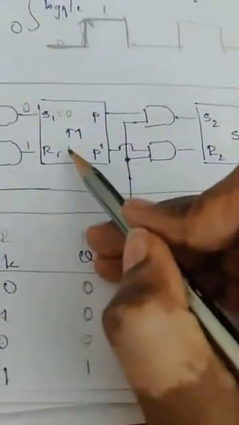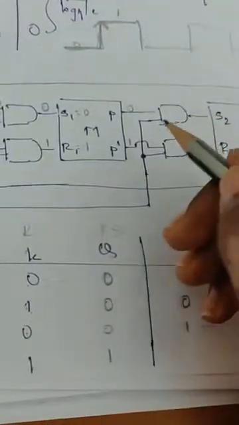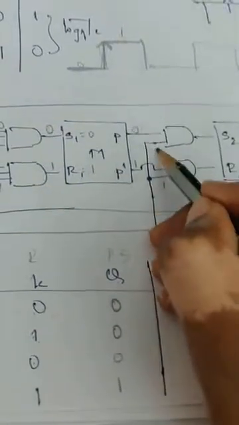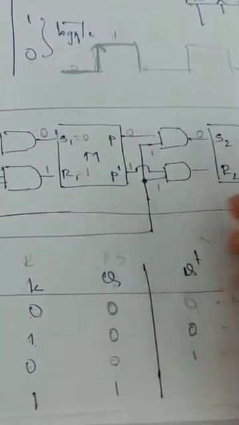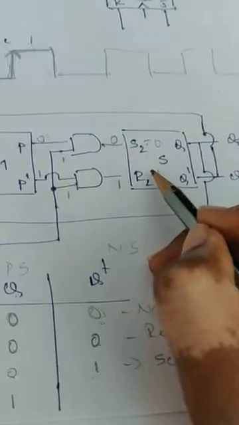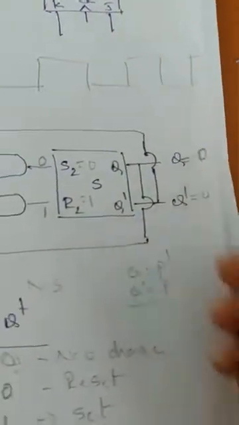So when S is equal to 0, R is equal to 1 means this P becomes 0, this becomes 1. Reset state, no? So P becomes 0, P bar becomes 1. So after clock moves from 0 to 1, this part will deactivate, this becomes 1 and this becomes 1. 0 and 1 is 0, 1 and 1 is 1. So S is 0, R is 1. So this is a reset state. What happens if the reset state happens? The output will be 0. So Q will now change to 0. So Q bar will be 1.